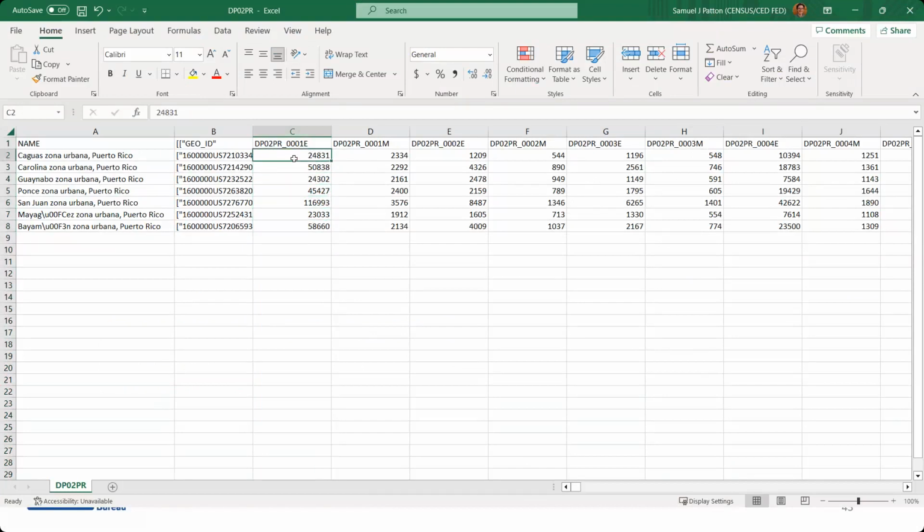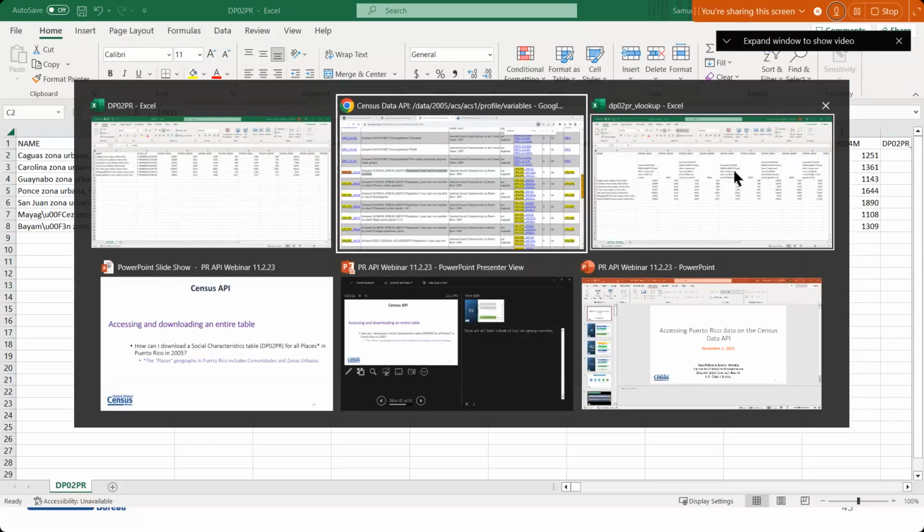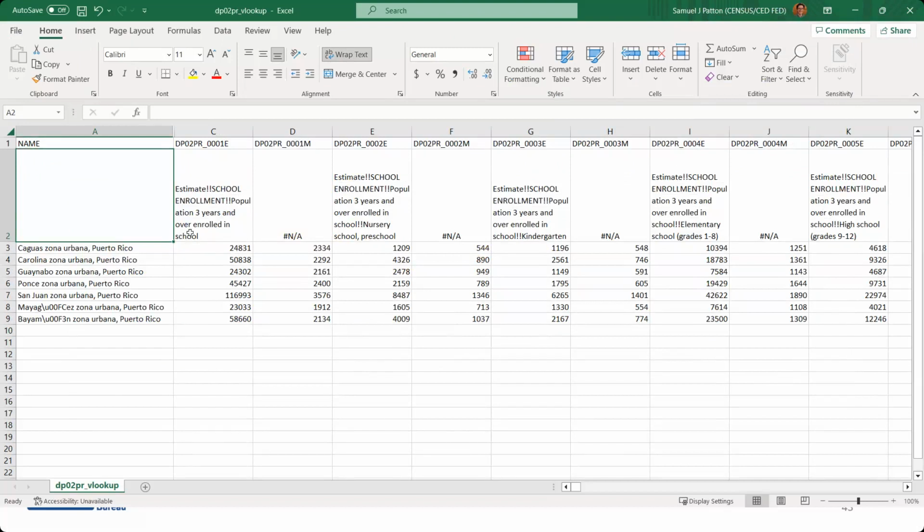And obviously, on a larger table like this, it can be a bit taxing to do that back and forth between the browser. So what you can do instead is a workaround in Excel is use this VLOOKUP function to pull in those variable labels automatically. And I'm not going to walk through the steps to do on this one within the webinar today, but within the PowerPoint that's going to be sent out to you all following the completion, I have the steps for each one of these to add these in. So I have a really helpful video that's going to walk you through how I did this.